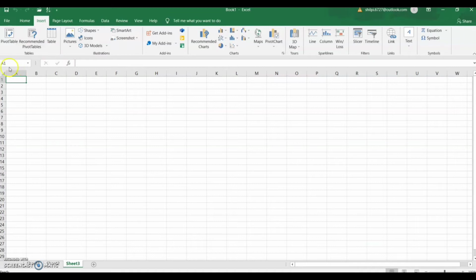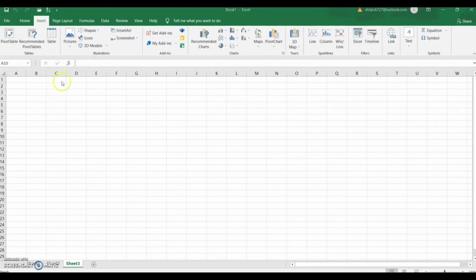Now below this we have the name box. In this name box, it will show you the name of the current cell, that is the active cell. So if you click on any cell on the sheet, it is going to show you the address of that cell in the name box. So here you can see it is E4 because the column name is E and the row is 4. So the address of this cell will be E4. On the right hand side there is a formula bar. This formula bar will display the formula which you are writing in the cell.